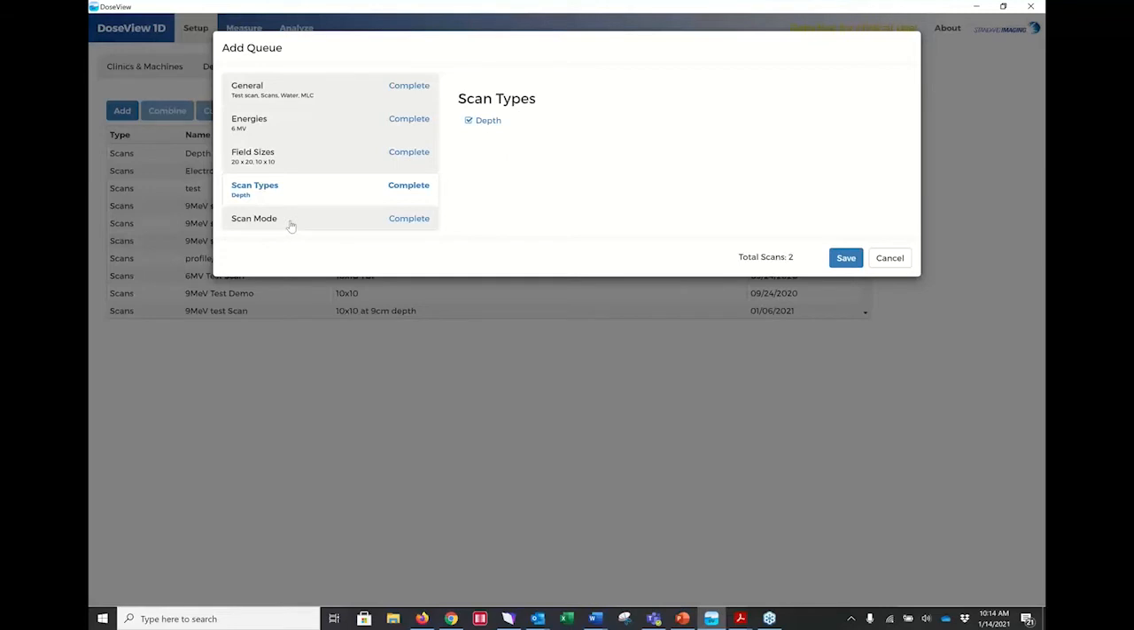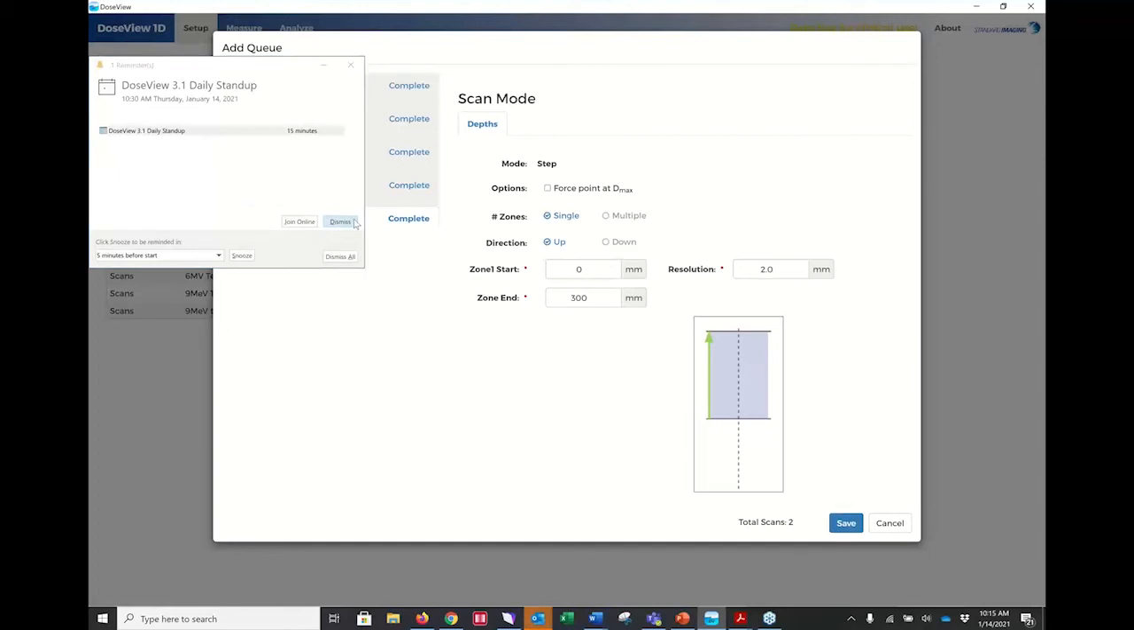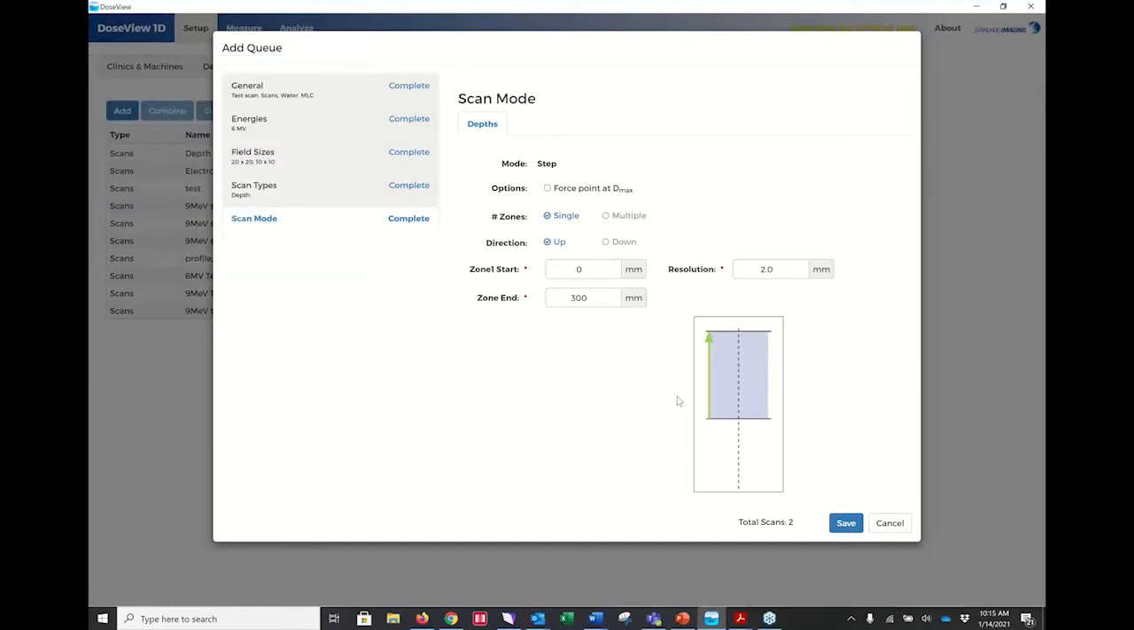selected for you. And then the last one is scan mode, and the scan mode gives you a couple different choices and functionality selections. Basically, we've got, like I mentioned, a forced point at Dmax. So if you have a resolution of say 2.0 and you're starting down at maybe 10 cm for electrons, doing 2 millimeter steps, you would miss say a 1.3 millimeter point at Dmax for 9 MeV. So you can actually force that point, and it will take a measurement, and then it will return to that